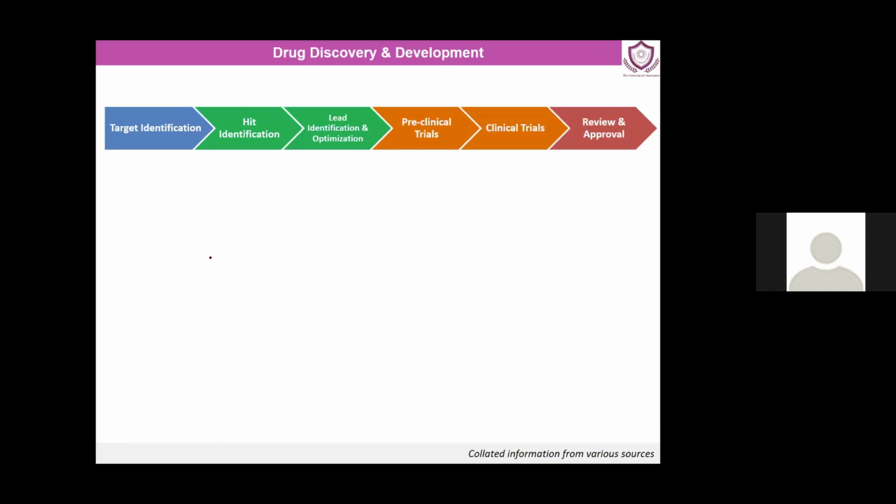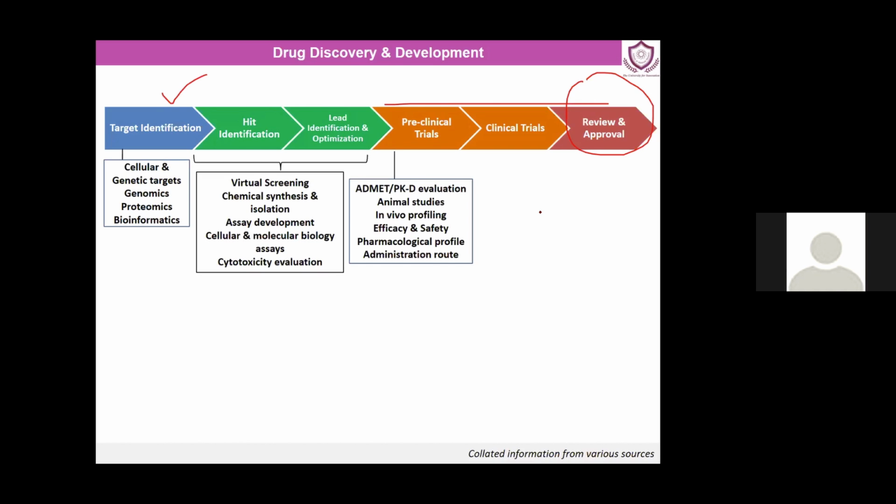Moving further, when we talk about drug discovery, I think you might have heard the previous lecture on docking. So I'm not going deep into this, but the first job is target identification, and then we have hit identification, lead identification, then clinical trials, and then there is a regulatory process, a review and approval. There are different people involved in this, with different kinds of expertise, right from cell biology to bioinformatics to pharmaceutical background to clinical practices. There are a lot of various people and various methodologies involved in this particular process.